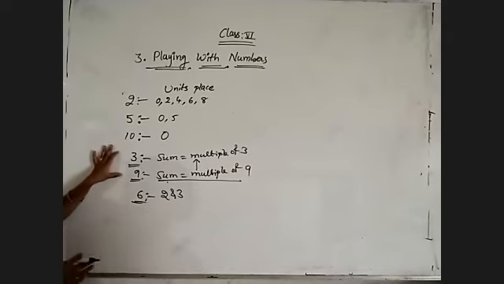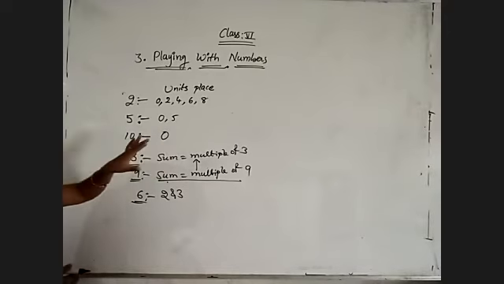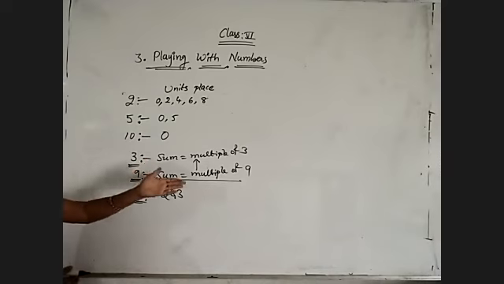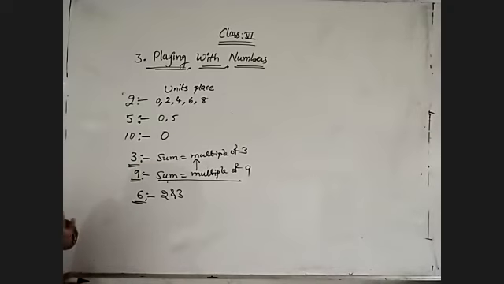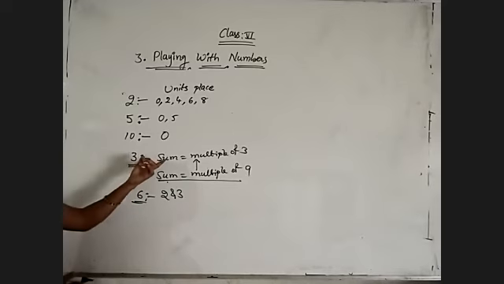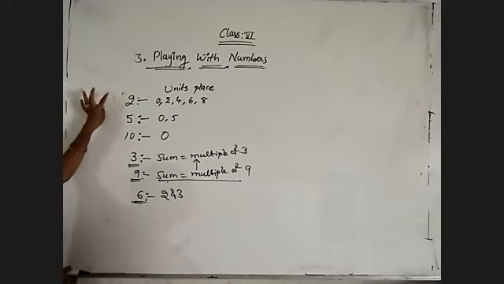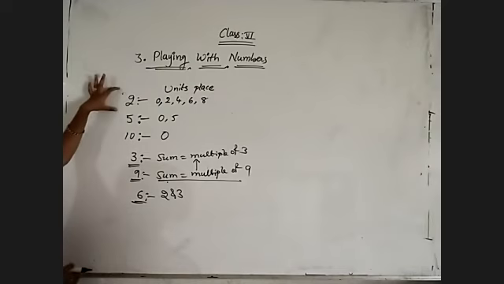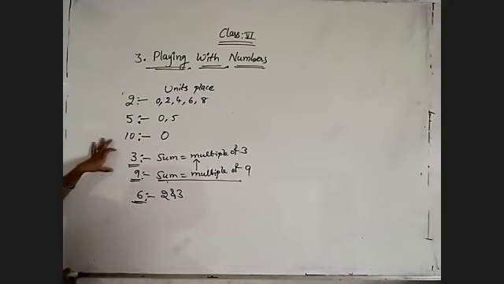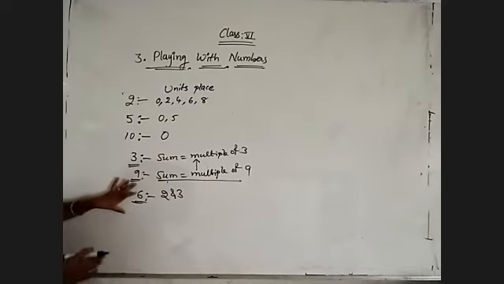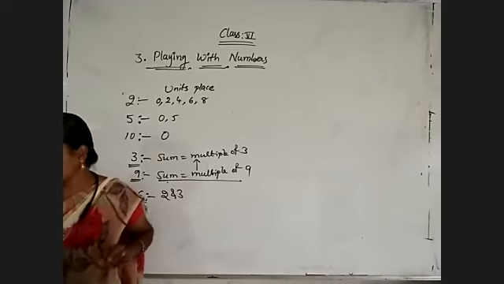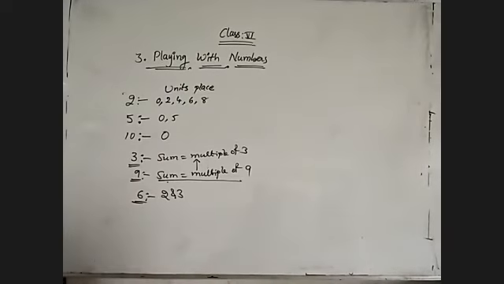And coming to 3, whatever number they are given, find out the sum of the digits. If you are getting that number in the 3 table, that is divisible by 3. Otherwise, that's not divisible by 3. Same for 9 also, like that only. Instead of the 3 table, we need to check the 9 table. And for 6, if it is divisible by 2 and 3, we need to check the 2 divisibility rule as well as the 3 divisibility rule. Then if it is divisible by both of the numbers, then only it is divisible by 6. Now take a few examples on it from the exercise problem.